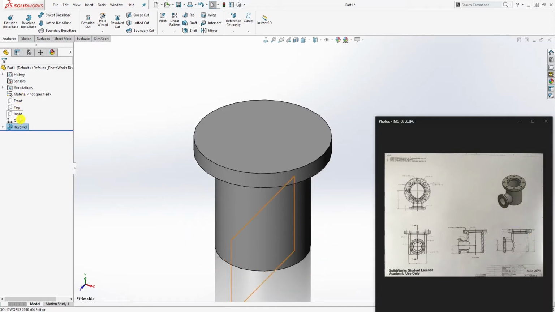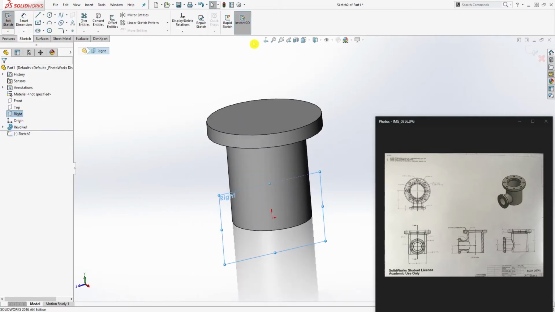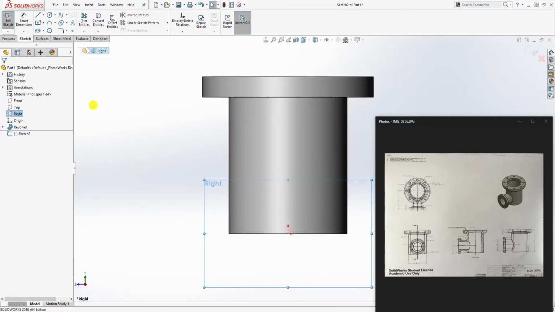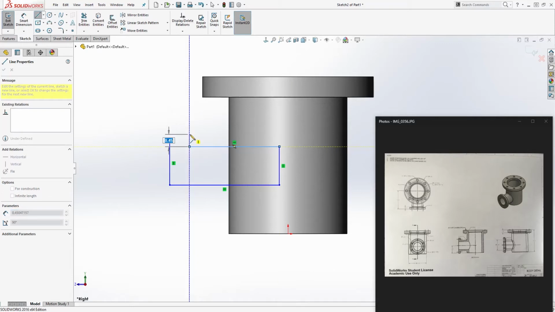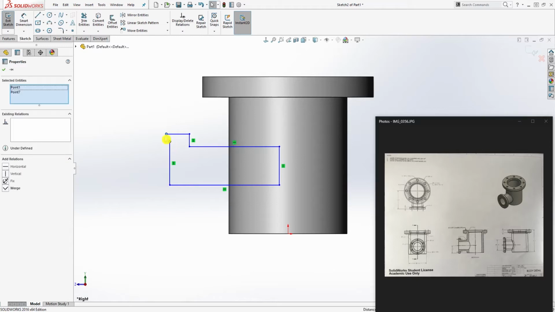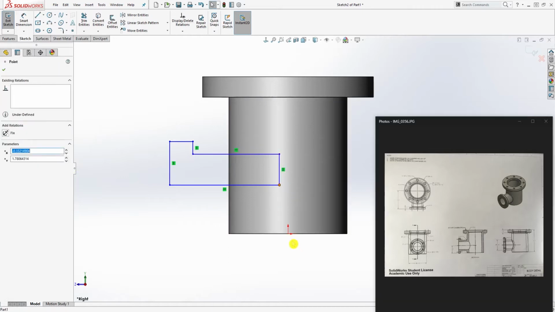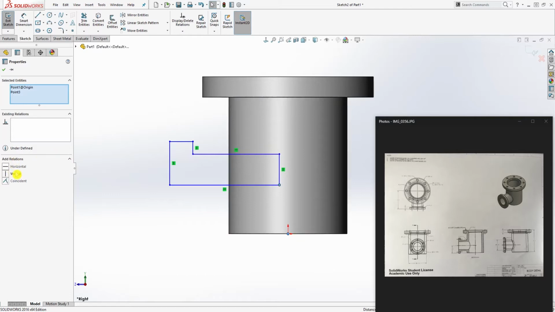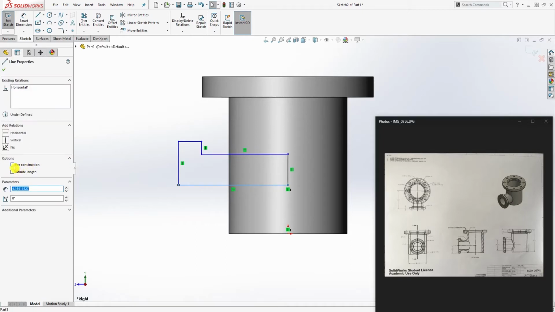So now we can come on the right plane, to this, and sketch normal to, and we are just going to draw the same thing, something like a half of a T and L, something like this for now, and you can just bring out this line together and make sure this is closed. So I'm just going to mate them together. So we have something like this. So the next thing we want to do is make this point and this horizontal line, I mean the origin point, vertical, add a vertical relation, make this a construction line,